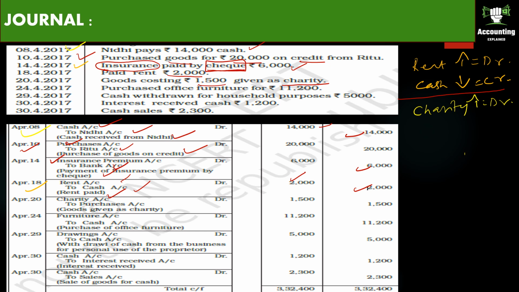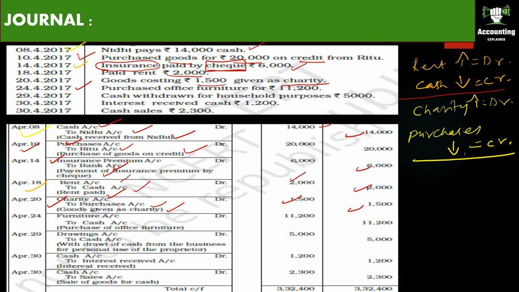So that you have got from the purchases, no? So purchases is an expense. From that you are going to take out. So that purchase is going to be reduced. So you have to credit it. Okay. Charity account debit on April 20, charity account debit 1,500 to purchases account 1,500, goods given as charity is the entry. Next, on